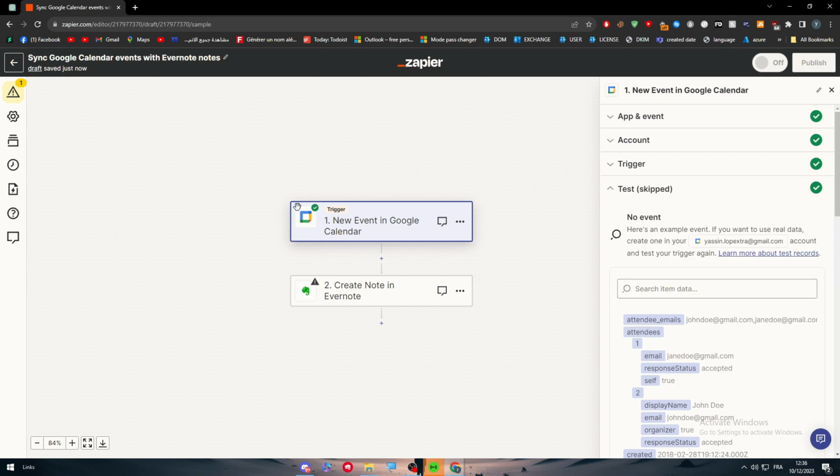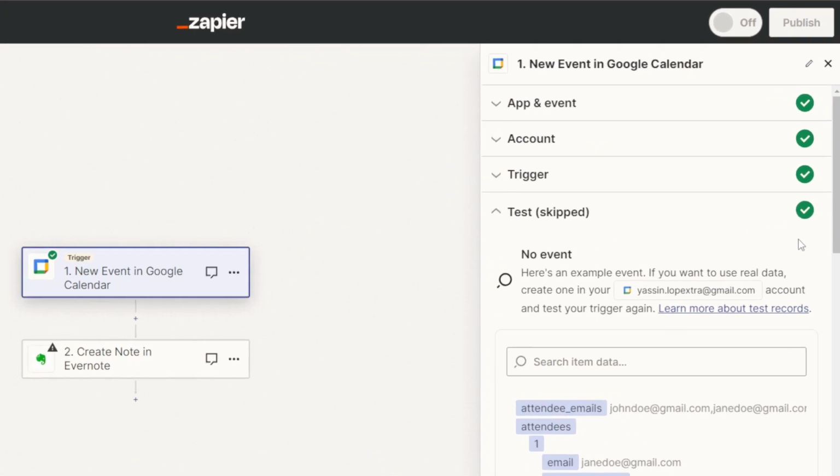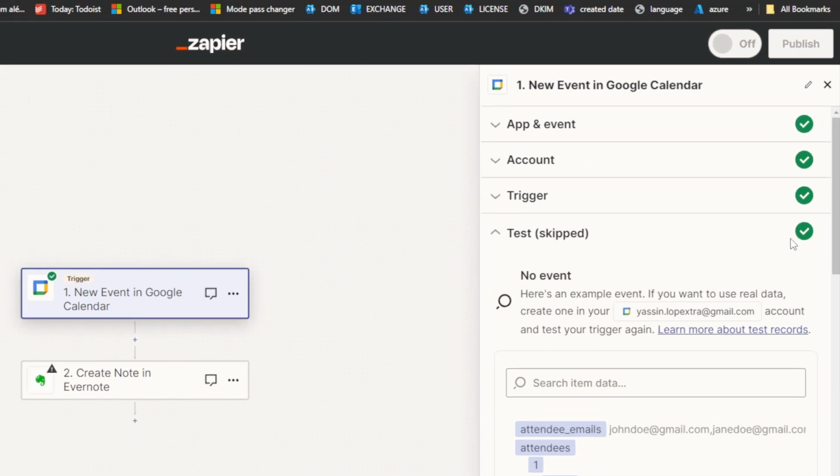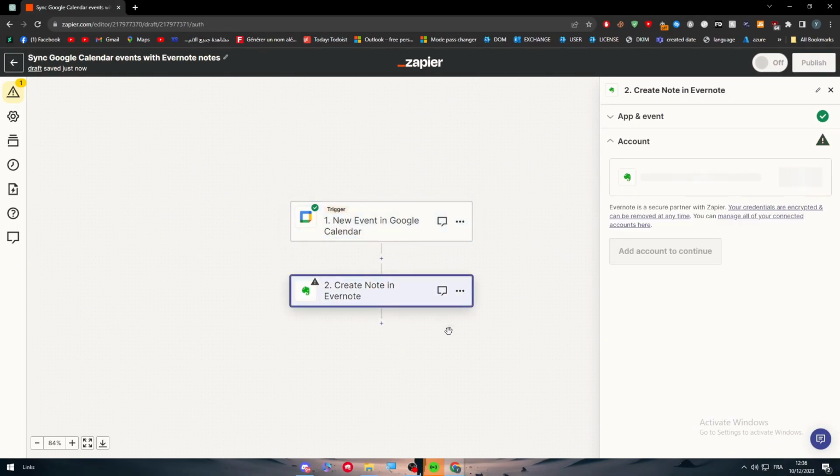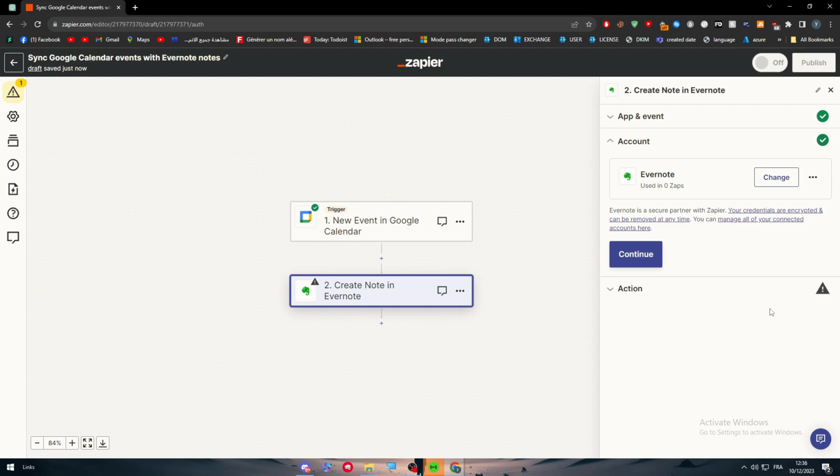And here you go. We have done it successfully. As you can see here, it is correctly done. So now guys, all we need to do is to do the same thing, but the other way around in the Evernote website. So click on change, connect your accounts,